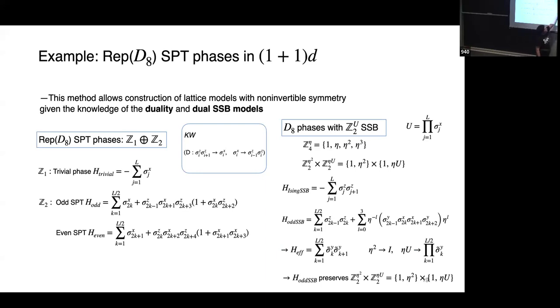You mean this lattice one? For example, you have the Z2 eta squared and the Z2 eta U. I see your point. I do not have direct constructions, but we can show that if you do a lattice translation, this one and this one will have some projective representations at the interface. This is inspired from Southen's papers. They already have some constructions for Rep D8, and similar things happen here for Rep D2N.